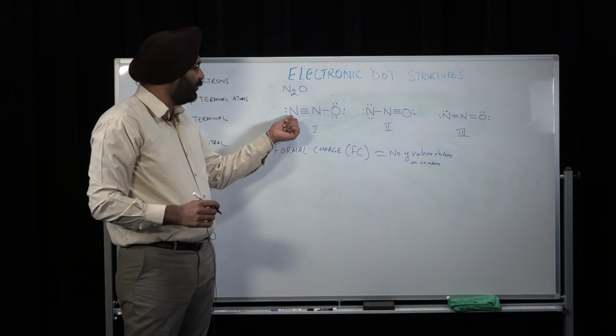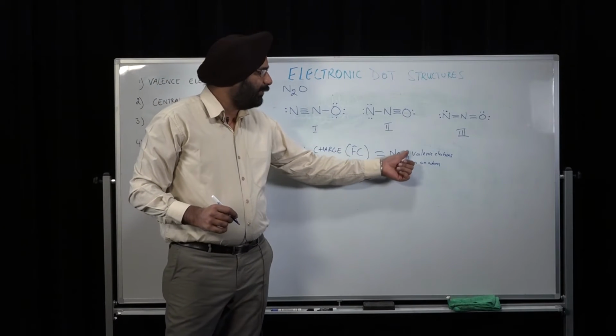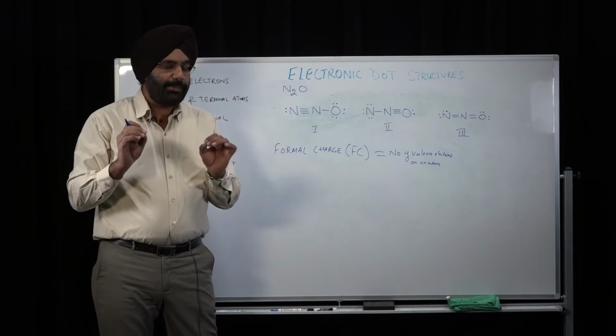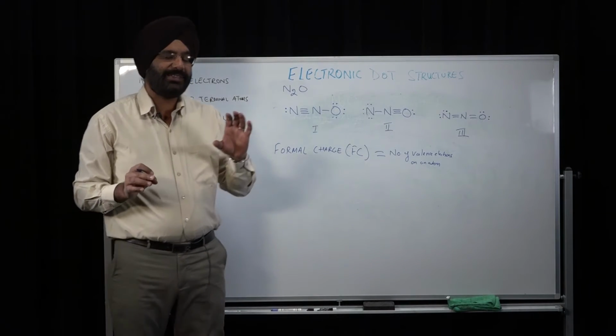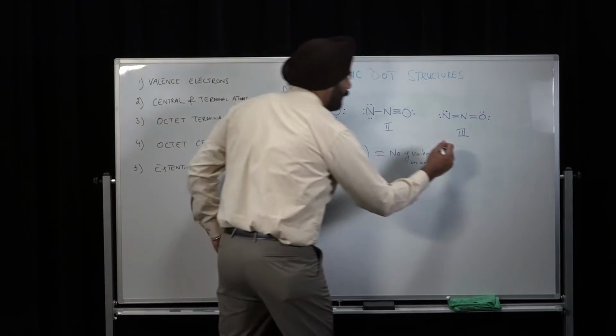So when you say I want to calculate the formal charge on this nitrogen atom, how many valence electrons are there before it has formed the bond with the other atoms to form the molecule. So this is of an atom. For nitrogen this will be 5, minus